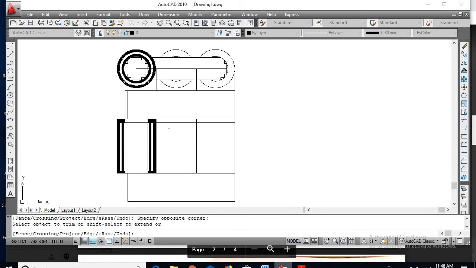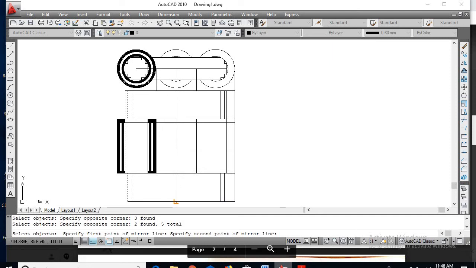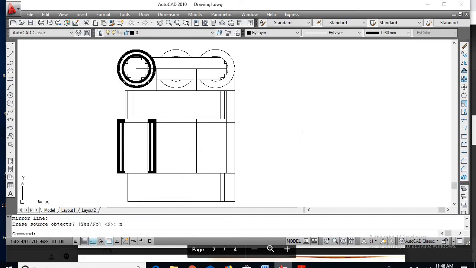Okay, so there is one core, there is the another core of the transformer. So steps we have to show. So same, I'll go for mirror, take these two steps here, enter. So take the midpoint here and say no, enter. Now go for trim command, right click, so remove this unwanted portions.